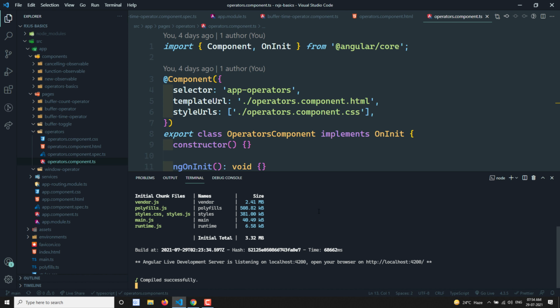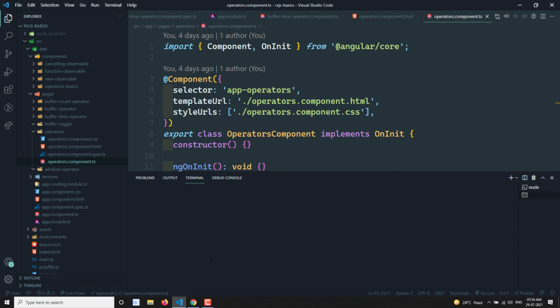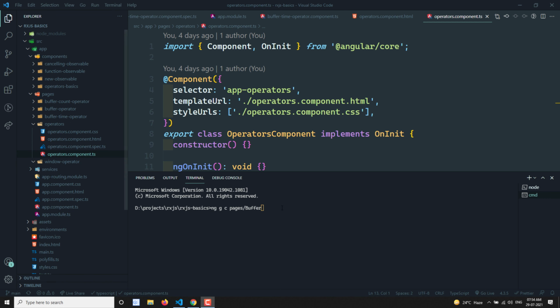Let us create a component for this one. ng g c pages/buffer-toggle-operator.